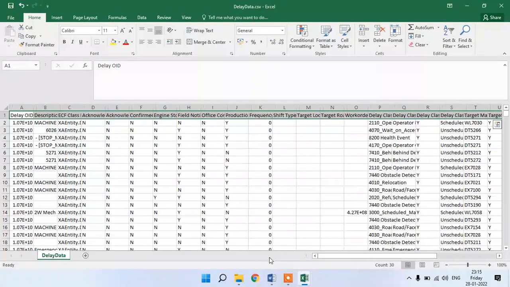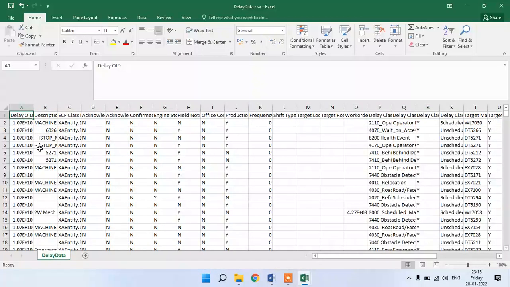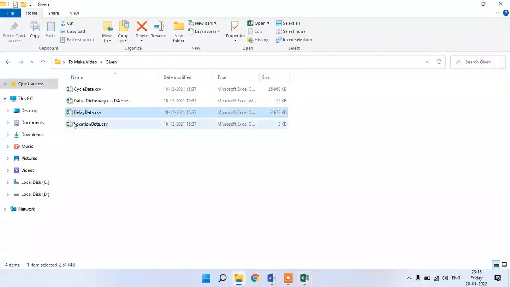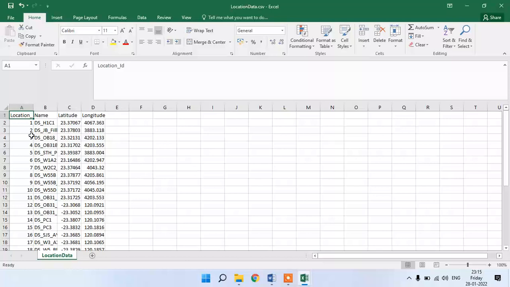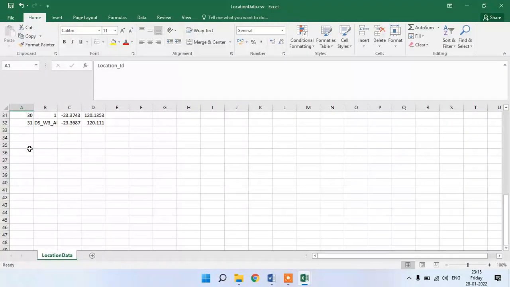In the delay data, he has mentioned the delay time with respect to the truck and with respect to the loader, across all three classes. And he has mentioned the location also.